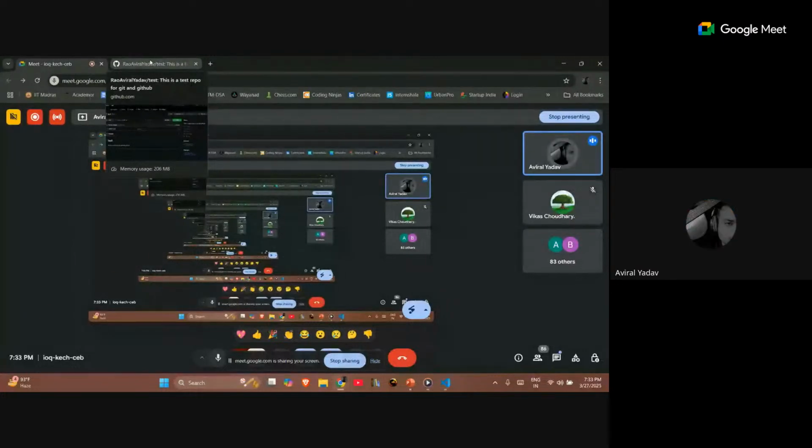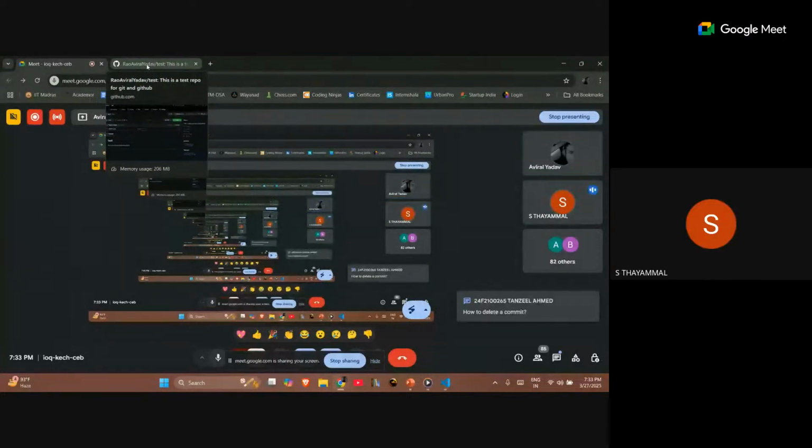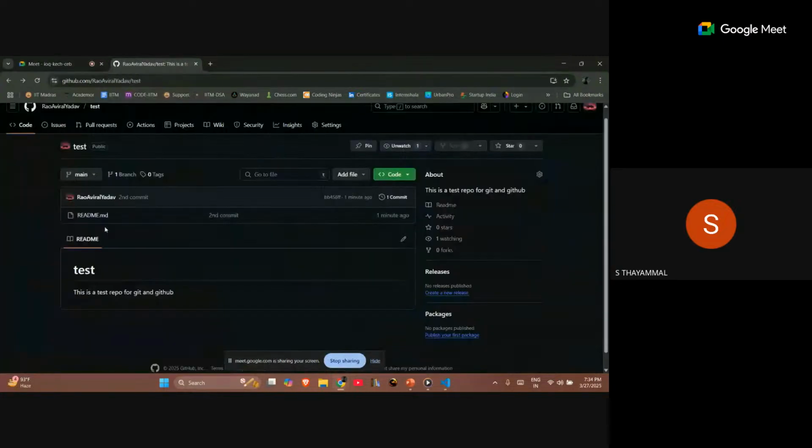Yes, where can we verify the first commit and the second commit details? Can you come back? Your voice wasn't clear. Basically, commit history. After committing the changes, where can we find those, the first commit and second commit details you showed now?